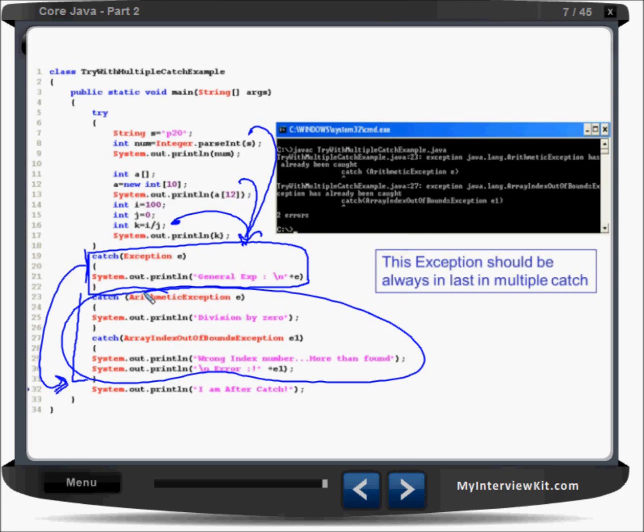So it is saying here that the message will display: Exception, ArithmeticException has already been caught. ArrayIndexOutOfBoundsException has already been caught. That is the problem. So it should always be last, and you have to take care of that. Okay. Now,